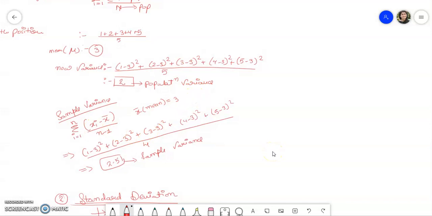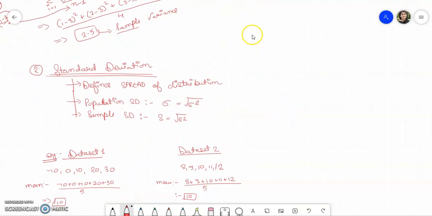And for sample variance, I am dividing it by n minus 1. And there's a reason why we do n minus 1. Population means the complete population of the world, right? But I'm taking a sample out of it, which means it's something less than the population. Researchers have found that we should always subtract 1, sometimes we subtract 2. It depends on what you want, but usually we use n minus 1. So here the sample variance is 2.5.